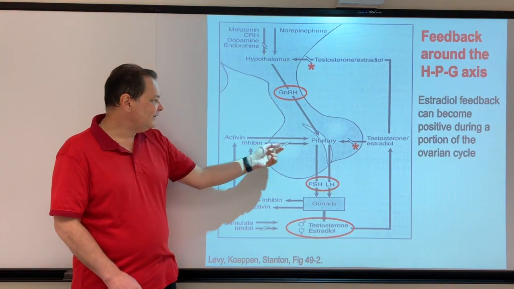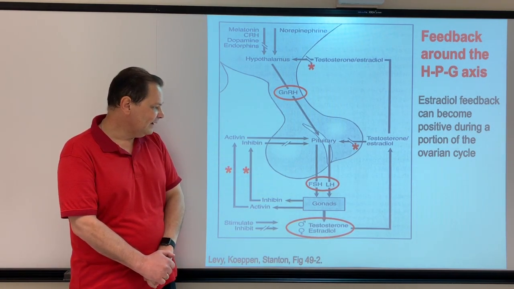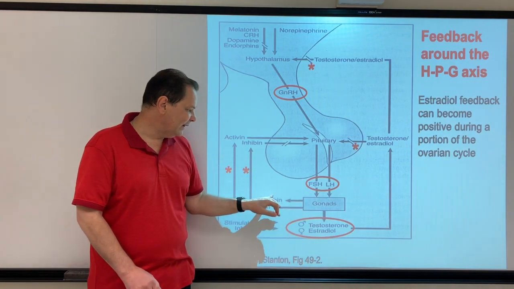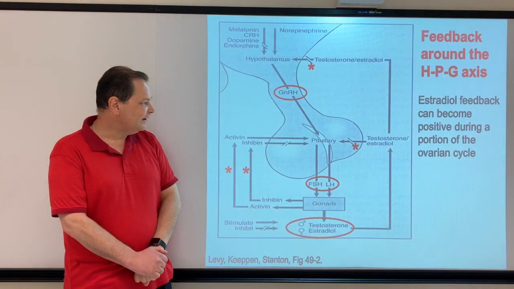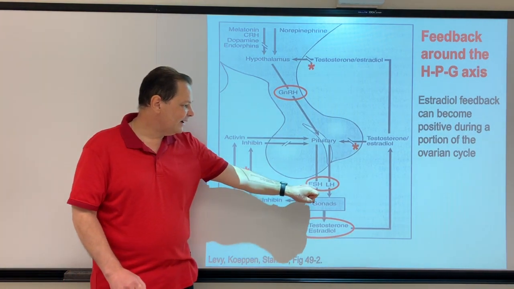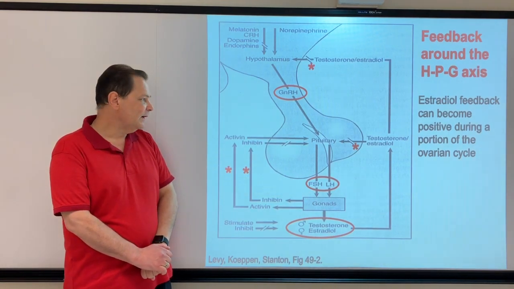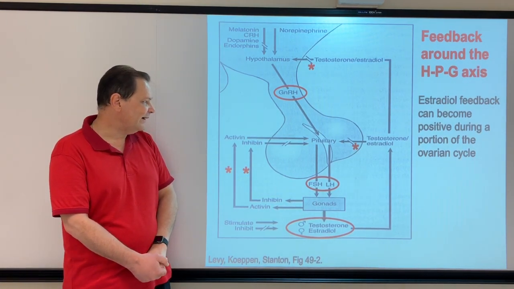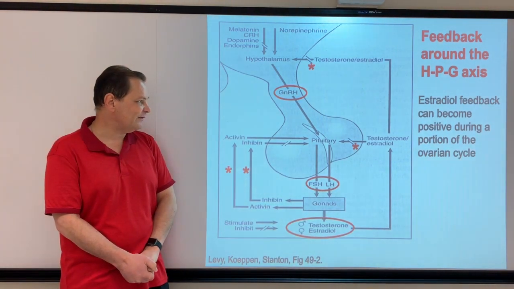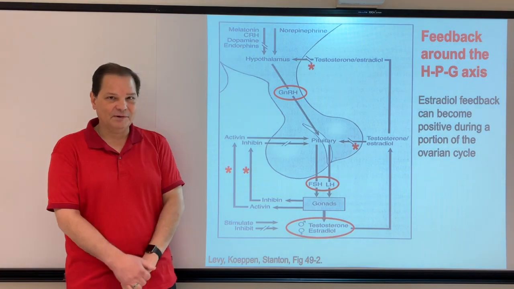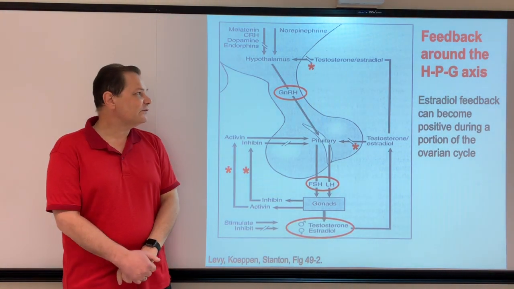Inhibin feeds back upon the pituitary as well. It's a negative feedback. It is secreted by the gonads, and the more you have, the less FSH and LH is secreted. Activin feeds back positively upon the pituitary. The more activin you have, the more FSH and LH you have. Okay, so that is an example of positive feedback. These do not feed back upon the hypothalamus like estradiol and testosterone do. Okay, so this is our